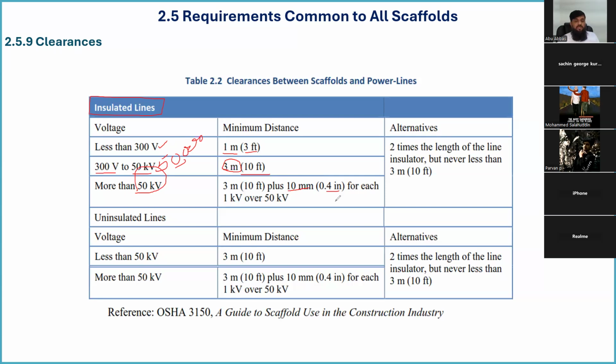0.4 inches कितना हो गया जी? 10 mm और 0.4, तो इसको कितने में लाएंगे? 10, 10, 20 और दो, तकरीबन 1 इंच के लिए हमारे पास 25 mm आ गया। वही 1 इंच बन जाएगा। फिर इंच का 40वां अगर लेते हैं तो वो यही 10 mm बनेगा फॉर ईच 1 kV। तो तकरीबन ये हमारे ख्याल 4 इंच बन जाएगा 1 फुट के लिए।